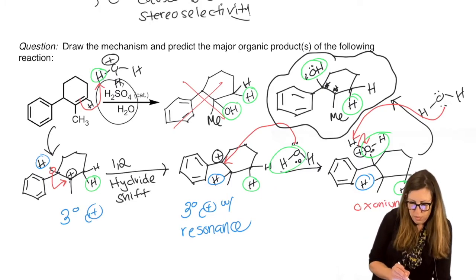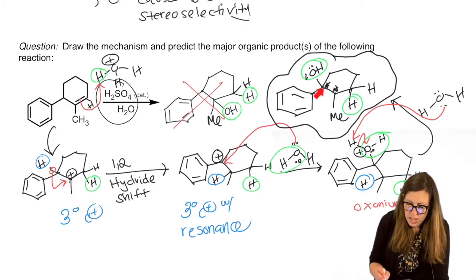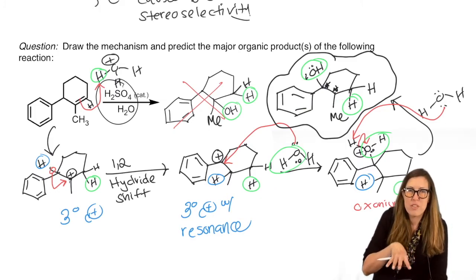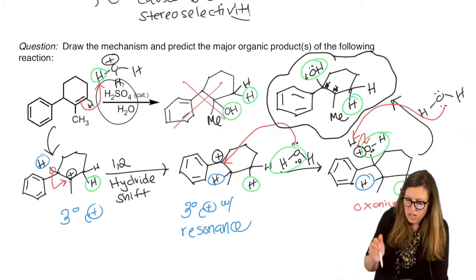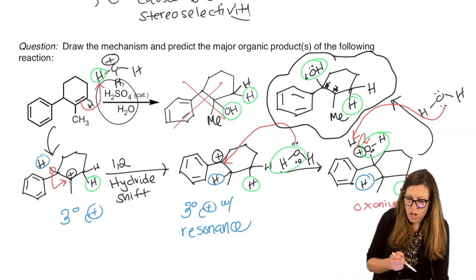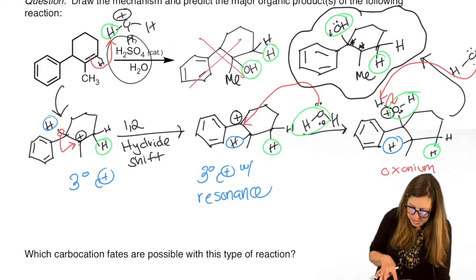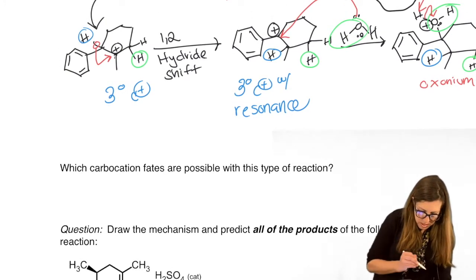So that means, because these were both carbocations at one point, we have the dash and the wedge product for the methyl. We have the dash and the wedge OH. So we have all possible stereoisomers. So we have the 4. This is a mixture of the 4 stereoisomers there, okay? I'm just acknowledging that with the stereocenter, but if we were to draw them all out, which we will in another exercise, the point of this one was to look at the rearrangements and remind ourselves of that, but I'm just alluding to that here because we are going to ask in the next exercise to draw all of them, okay?